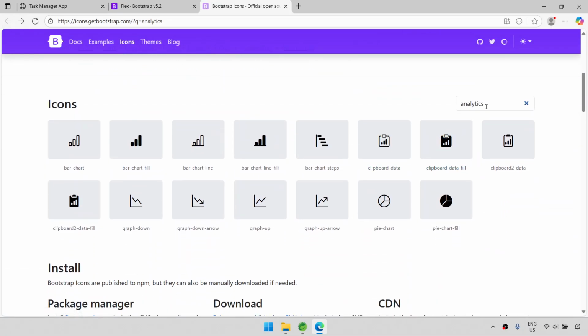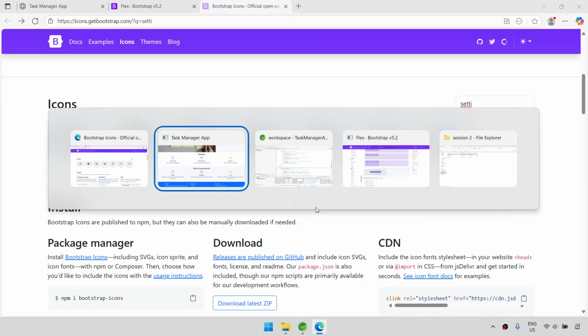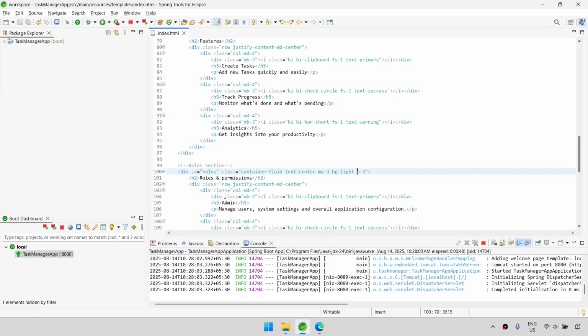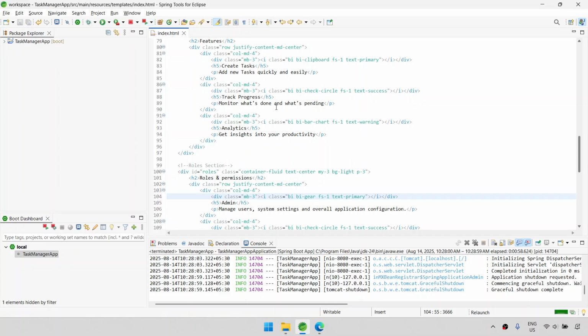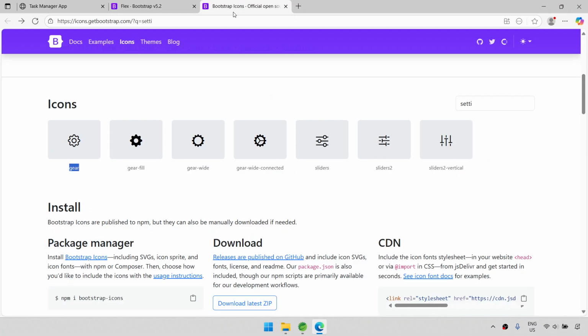Let me search for admin. We will say, this gear we will put. We can just change here. What is the name? Gear. Let me see if it's working. Yes. For manager,